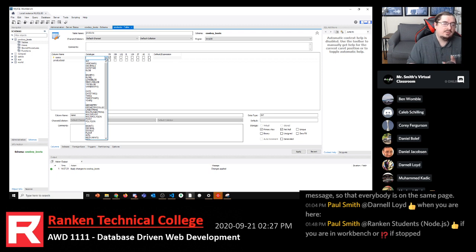So my name, right, I do have these numbers available, but is my name a number? Probably not, right? So I want something that is more or less like a string, right? I would normally give it the data type string in C#, right? Okay, so in the SQL world, there's a few different actual string types that exist, and the reason that there's more than one is because your storage space is a concern. You don't want to have a bunch of wasted space